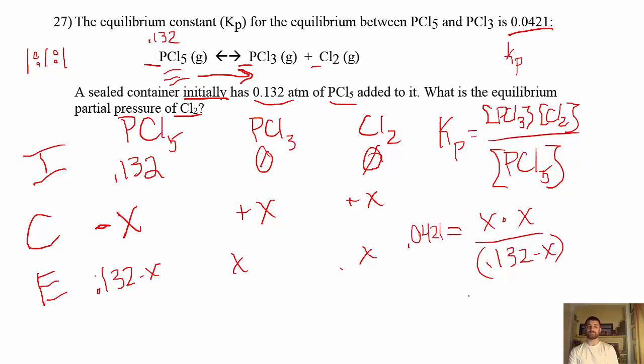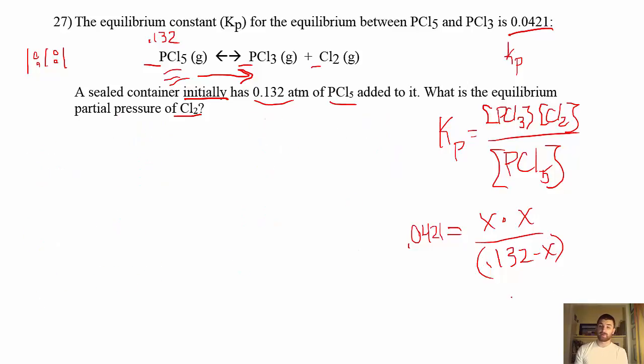All right, so now what are we going to do? I'm going to make some room. All right, so now what we're going to do is rearrange this equation so that we get it into a quadratic equation. We got x squared plus ax plus b kind of thing going on. So we're going to have to multiply the denominator out and combine like terms and all that good stuff. So we should get